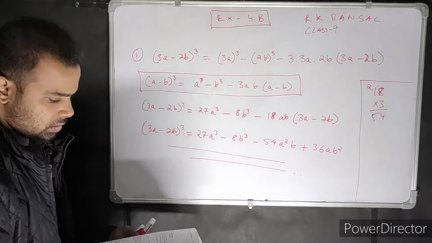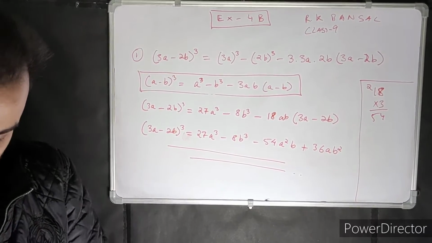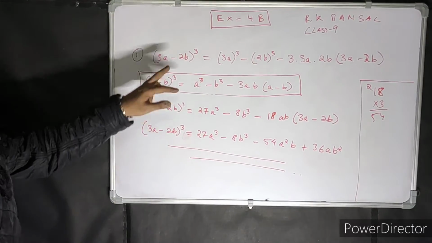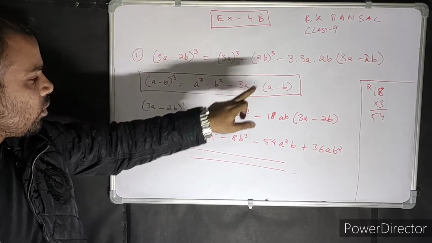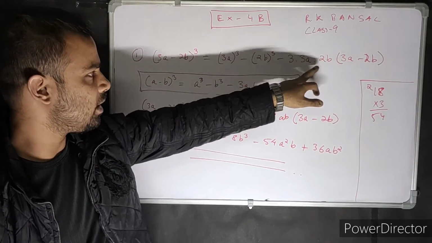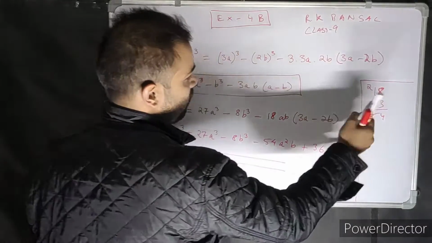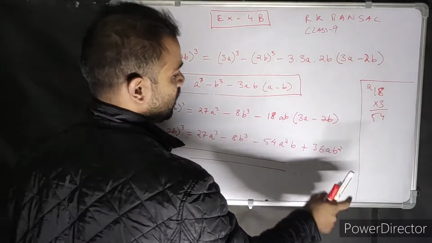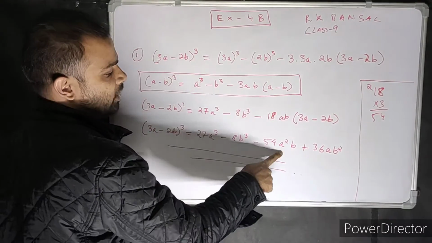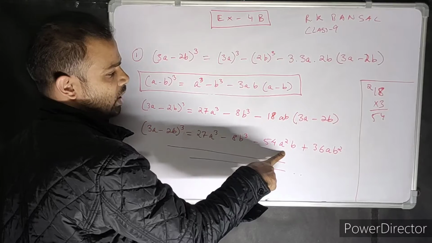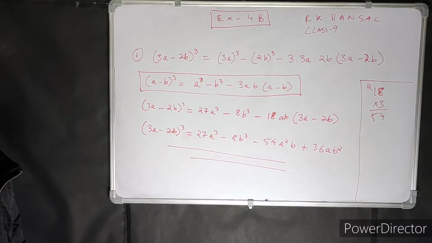I forgot, this answer page is not there. But anyways, you just check the calculation. 3 3s are 9, 9 3s are 27, 2 2s are 4, 4 2s are 8, and then this is 9 2s are 18, 18 into 3, then 54, 8 3s are 24, 3 1s are 3, 4, 5, 54, plus 18 2s are 36ab square. See, a and b, and a is getting multiplied, so 2 a's, a square b, and over here 2 b's, so ab square. That's it. Let's go on to the next question.